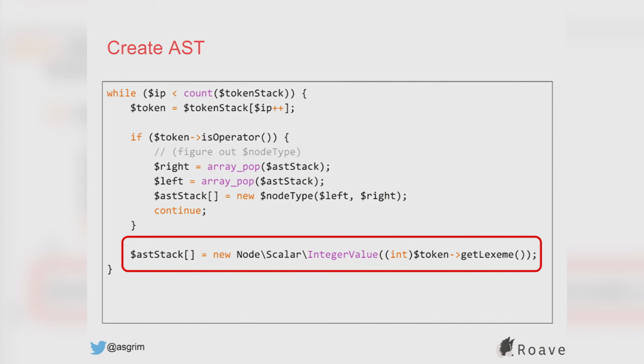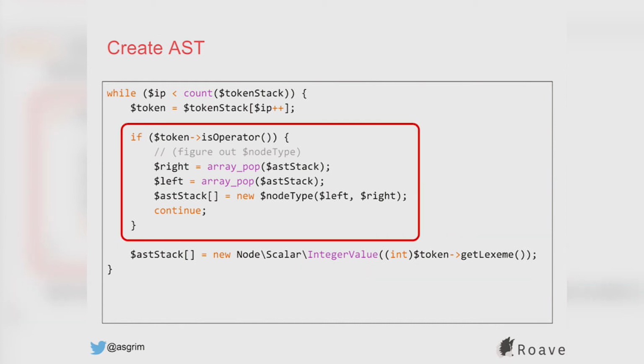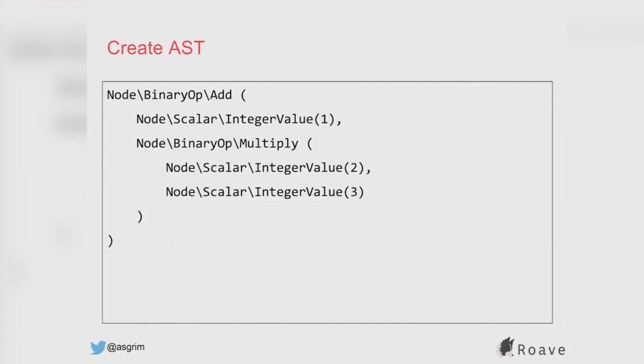If it's a value, we're just going to create this new integer AST node. The node structure should have any metadata that's relevant. In this case, the relevant metadata is the token that we matched, i.e. the number, right? If it's an operator, we're going to pop the last two items off of the stack, just like we showed, and we're going to create an operator node. There's some code I omitted which figures out what kind of operator it is, whether it's plus, minus, subtract, or divide, and figures out the class name for it. The full code, as I mentioned, is on GitHub if you are worried about how this works. It does work,